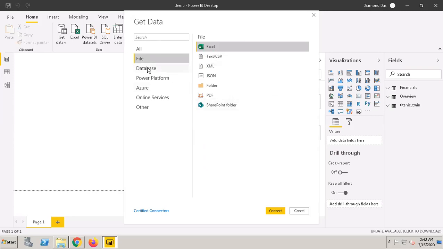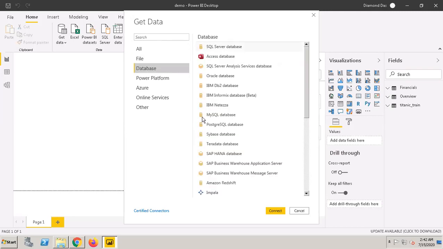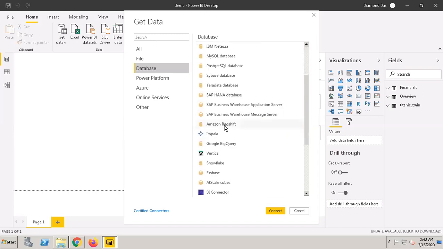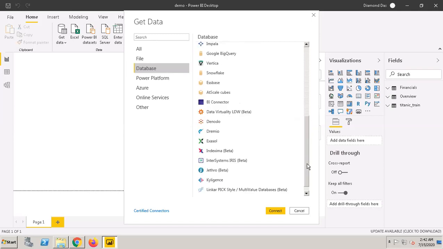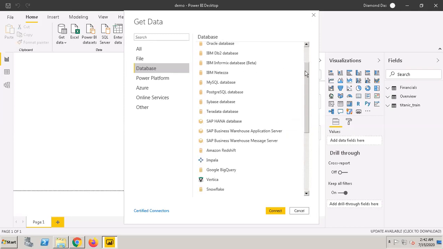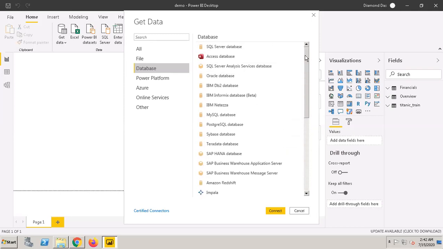If you want to connect to a database, you can use either of these, like the Teradata database. There are also connectors for PostgreSQL, which is quite popular these days among data science users, and Amazon Redshift, which is also growing in popularity. You can use these data sources to connect to different databases.